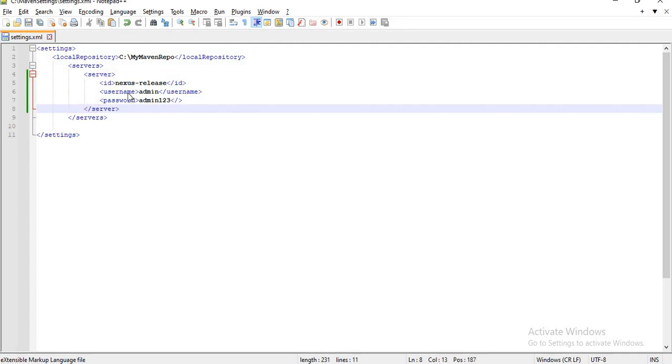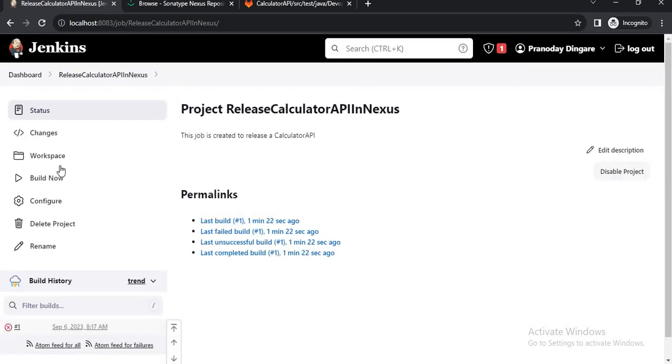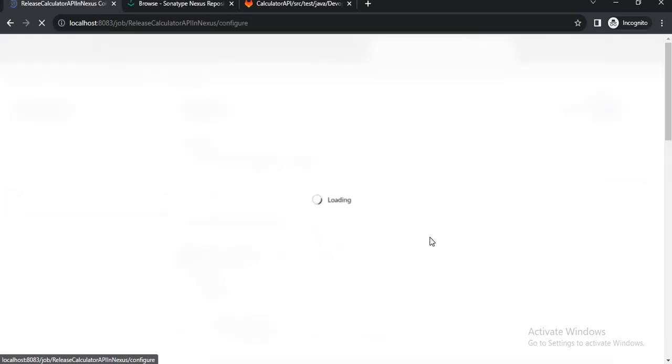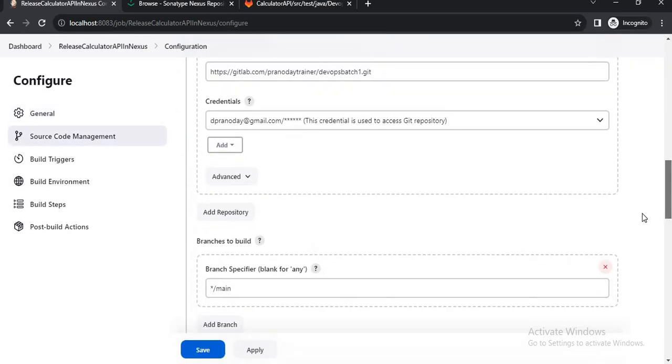Yes, correct. Now, where we have mentioned this settings XML, let me remind you, we had configured this when we had created our local repo job.